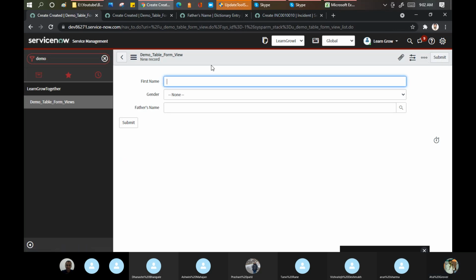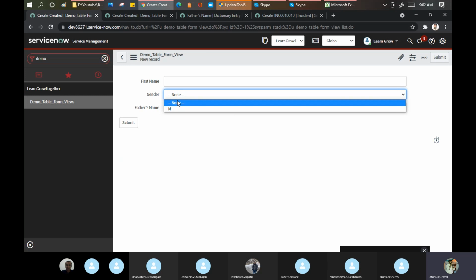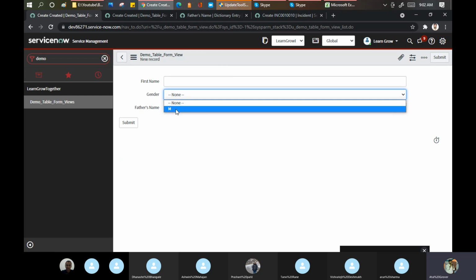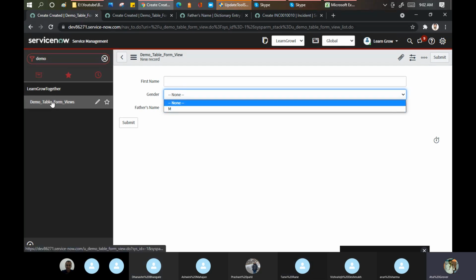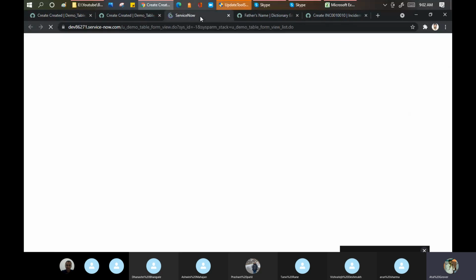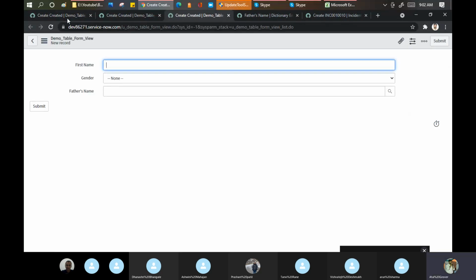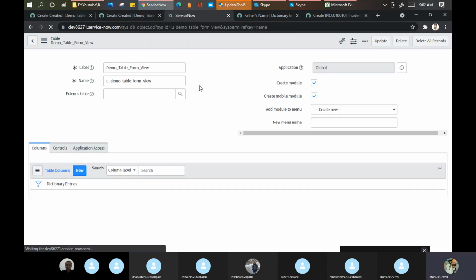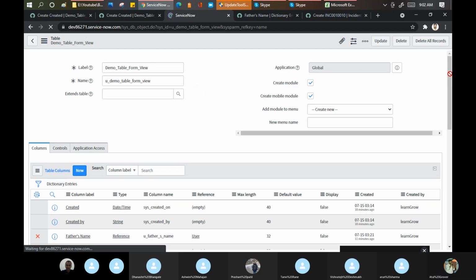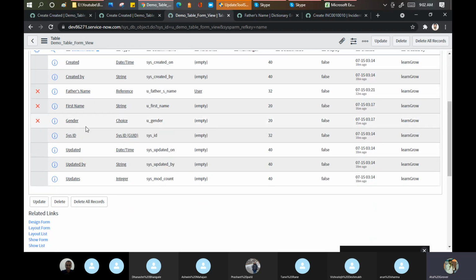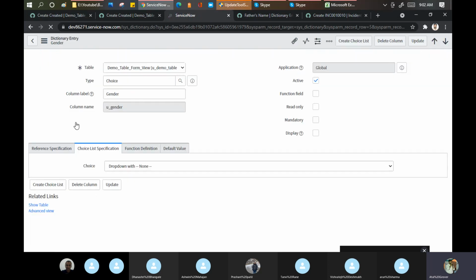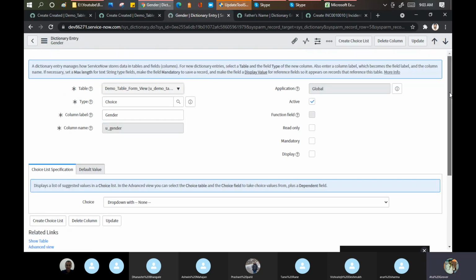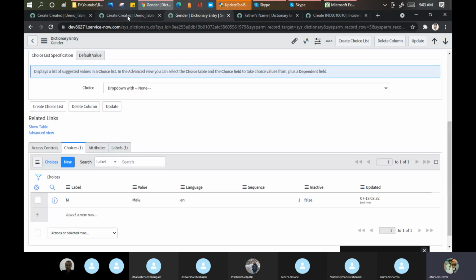Done. Is it appearing now? Yes. See, what is appearing, label or value? Label. Correct. Why did I give this differentiation here? Let me show you. Next time I'll put just two words for the table name. Okay, go here and go to gender. It means label is the one thing which appears on the form level.